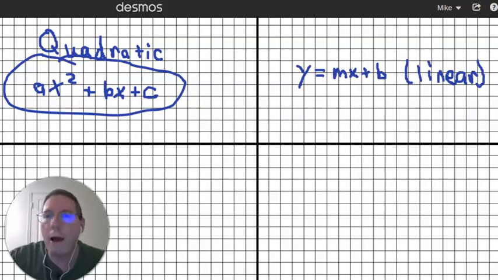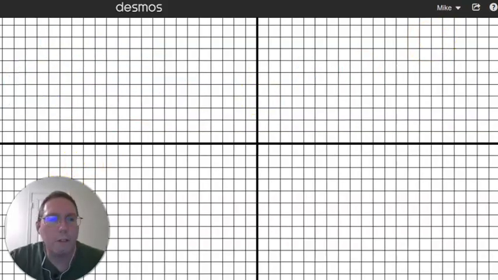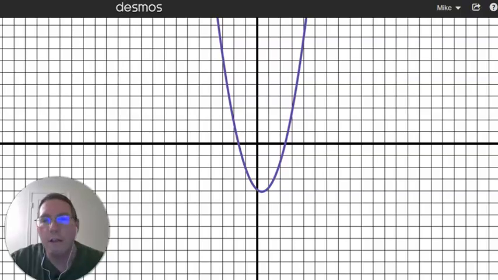Well, what I want to show you now is what a quadratic graph looks like. If we were to graph ax squared plus bx plus c, this is kind of like what it would look like, okay? It's basically a U shape. We call this a parabola, P-A-R-A-B-O-L-A, okay, parabola. And it's a U shape, and it can be turned up, or it can be turned down